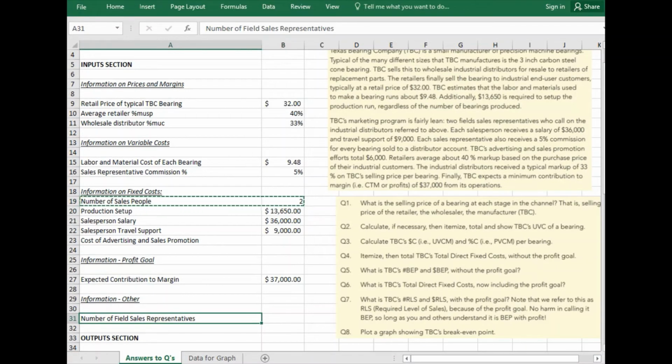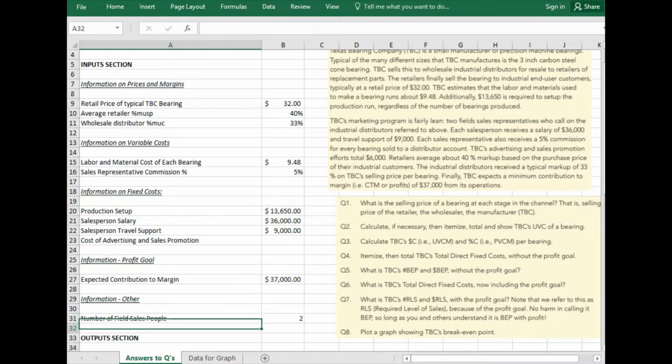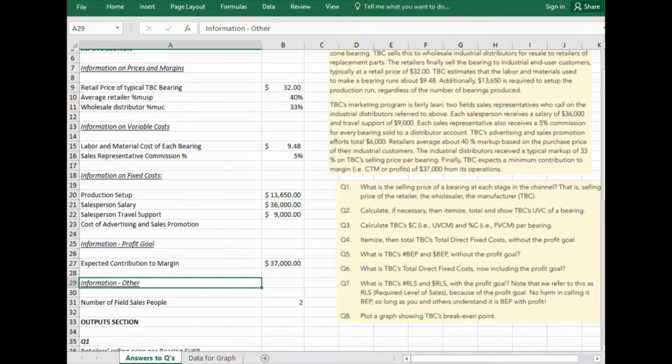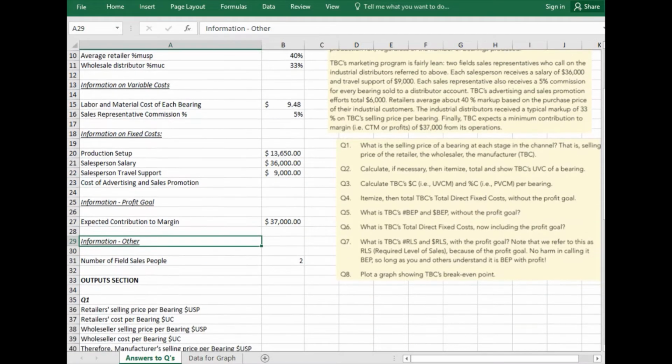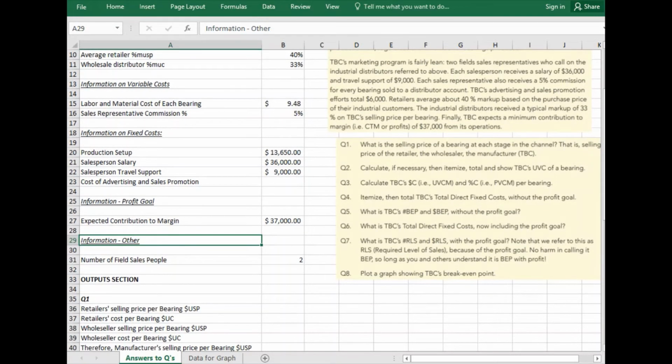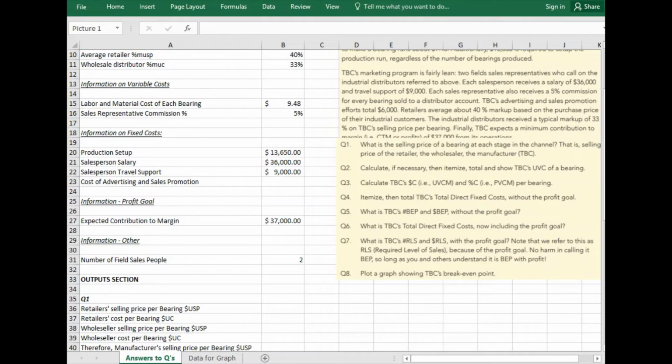So I'm going to cut that out here, and I'm going to move it down here to an information on number of salespeople. So that way we have in our input section our information on prices and margins, variable costs, fixed costs, profit goals, and just generally some other information. Okay, so that gets us down to